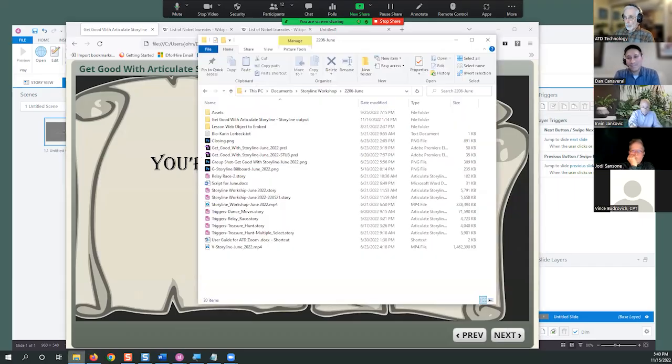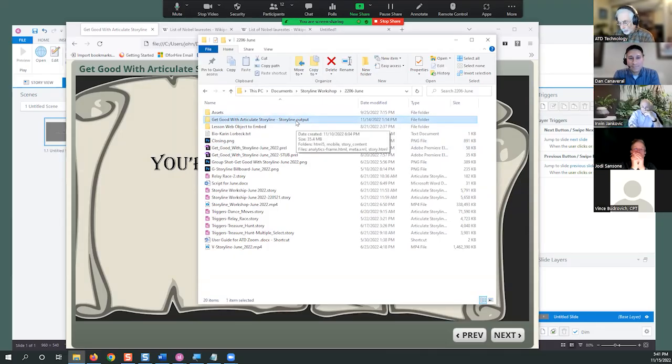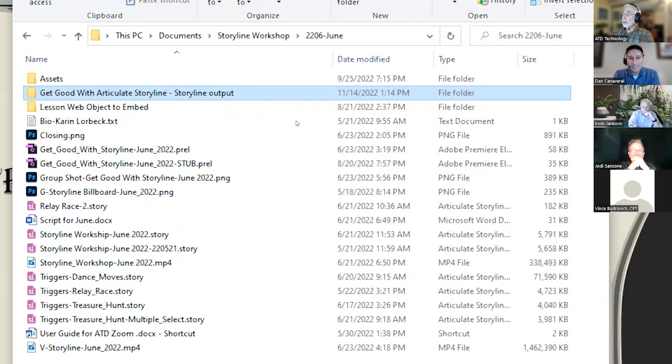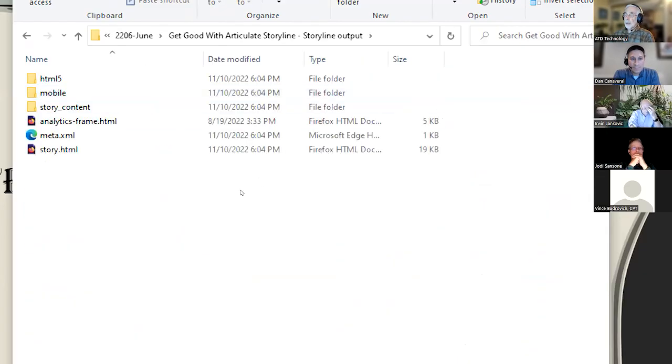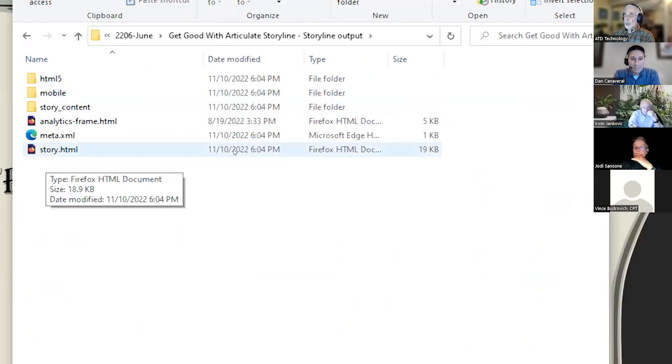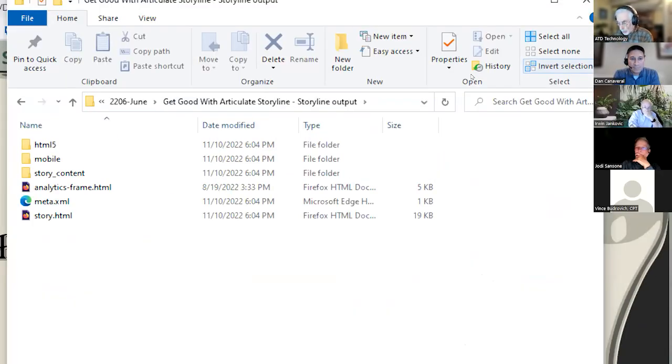This is what you get when you publish on your local drive. You get this folder here that very cleverly identifies itself as Storyline output. And let's take a look at it. This will always have a story.html in it, and that does not work. So what you need to do is